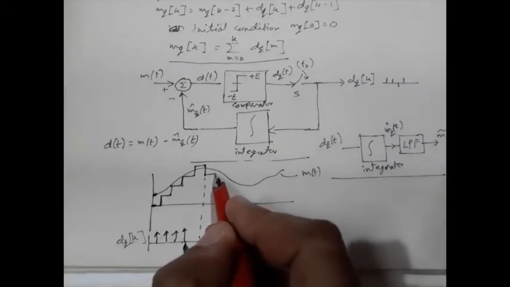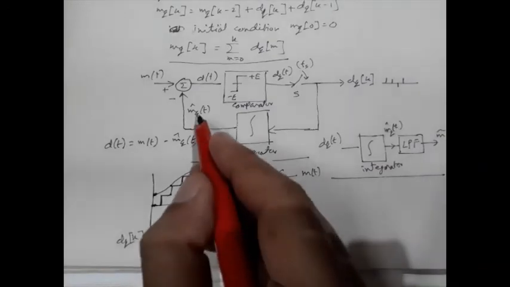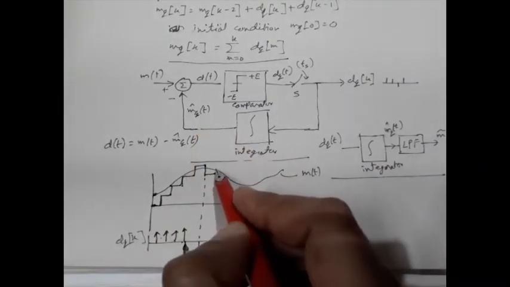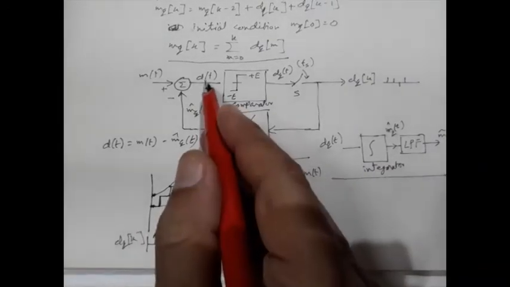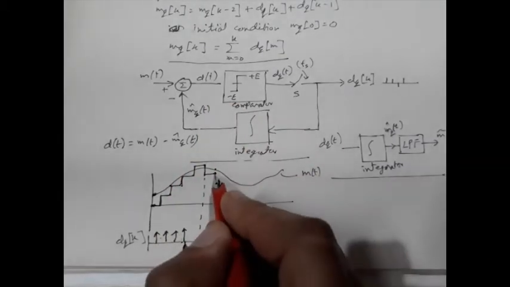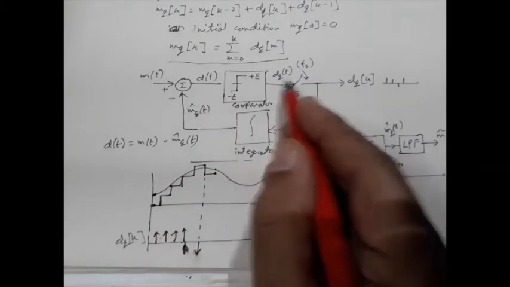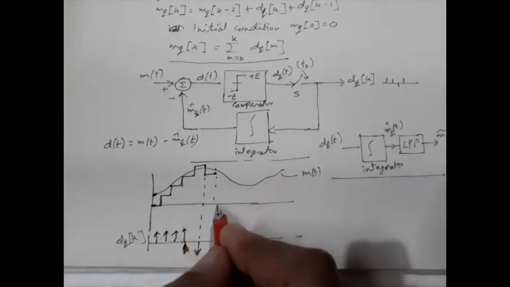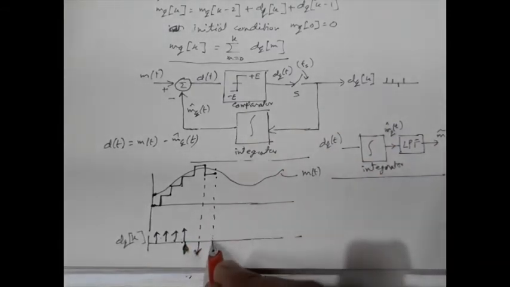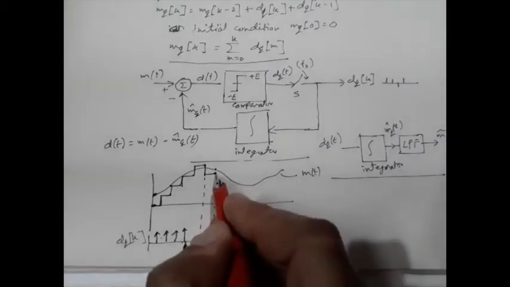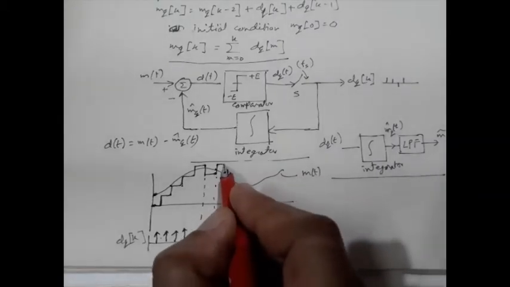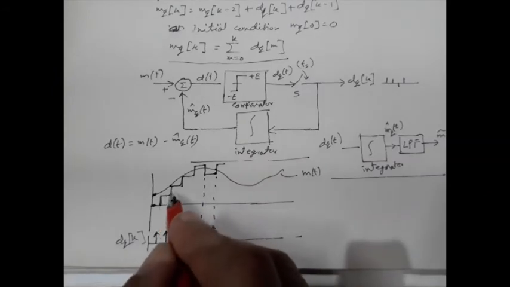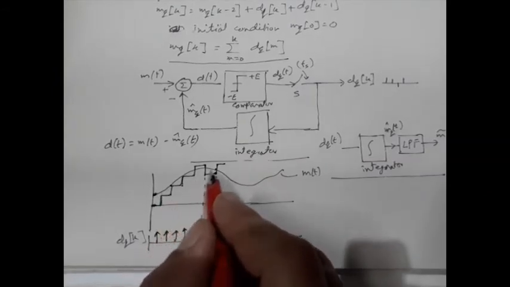Again at this point, M̂Q(t) is lower compared to M, so D will be positive. So again here this DQ[k] will be a positive spike. So at this point it will be a positive spike and it will move in an upward direction. So in this way, in a staircase fashion, the integrator output will try to follow the input signal,